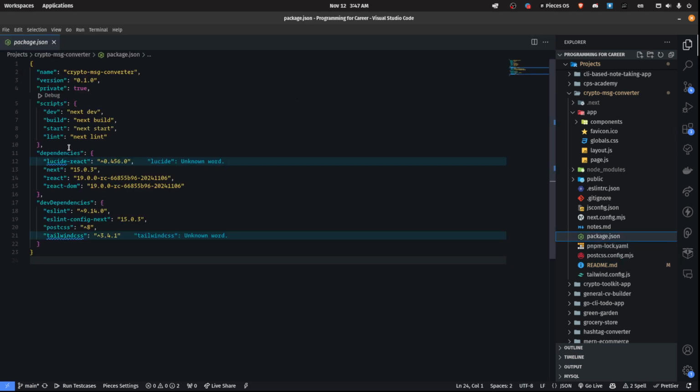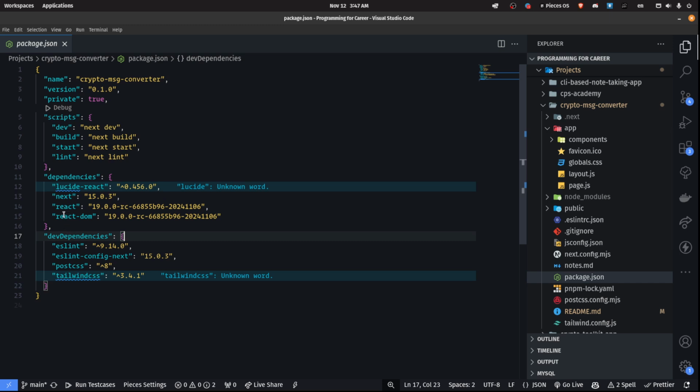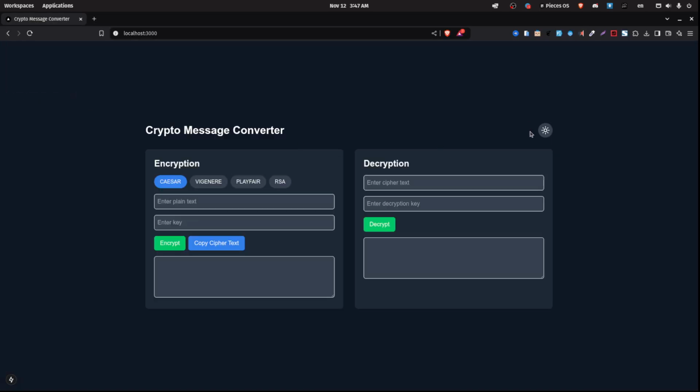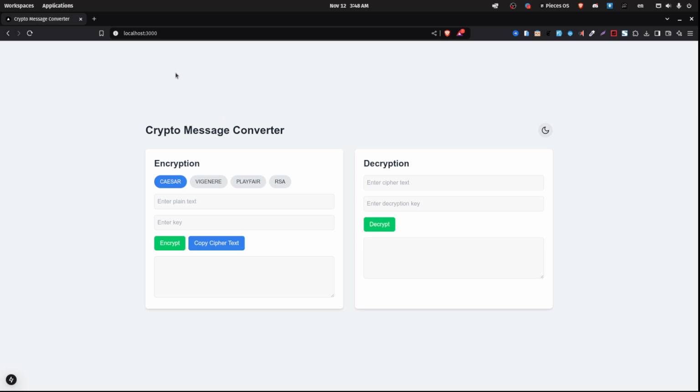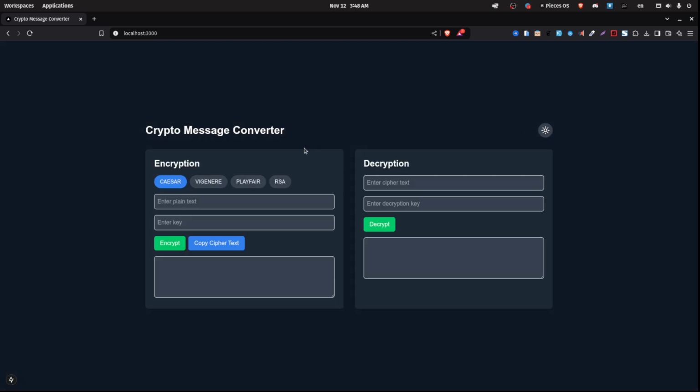Here I use Next.js 15. Let's zoom in a little bit more. Okay, so I use Next.js 15.0.3, and I use Tailwind CSS for styling the whole project. The version is 3.4.1, and I also use an icon library, mainly Lucide React, for the icons, for example this icon. If I click this button, it turns into the white theme, and if I click this button again,